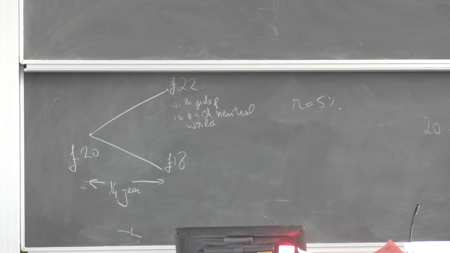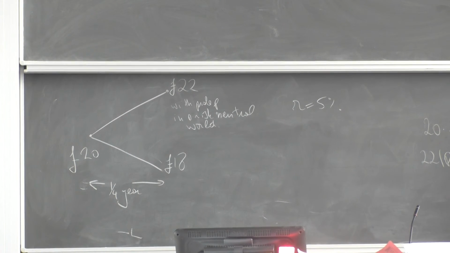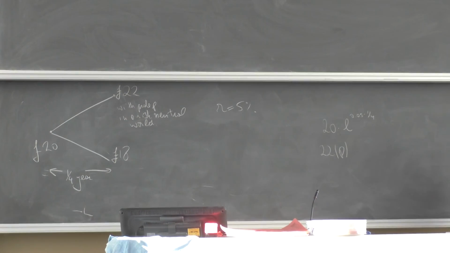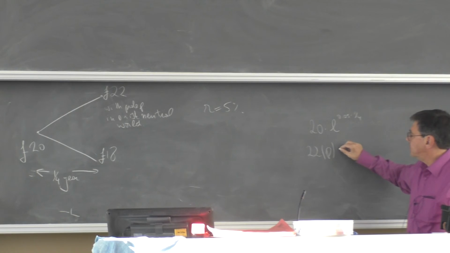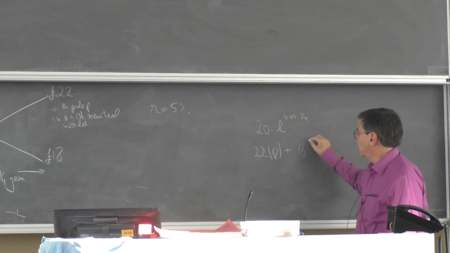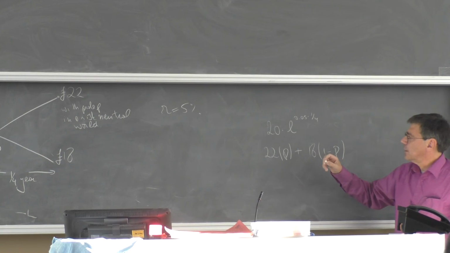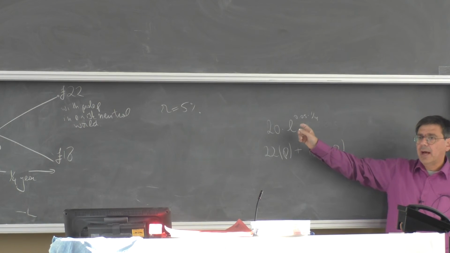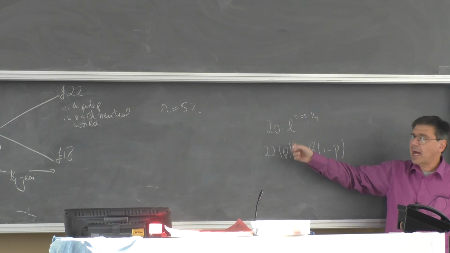Another thing you can do with your £20 is invest in this underlying asset. So let's see, what's the expected value of your investment of £20 after a quarter of a year? Well, you're either going to have £22 times P. Why P? Because this is the probability in the risk-neutral world, and we flew all the way to a risk-neutral world, plus 18 times 1 minus P. So you can invest your money in a savings account or in this underlying asset. The expected value of your investment after a quarter of a year is either this or that.